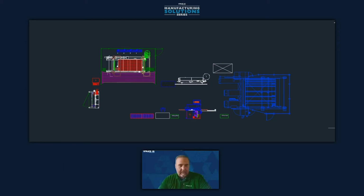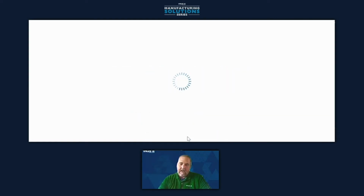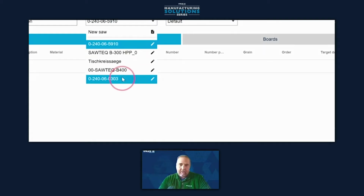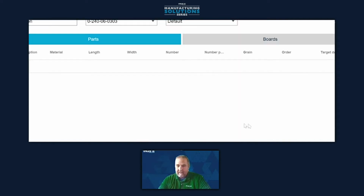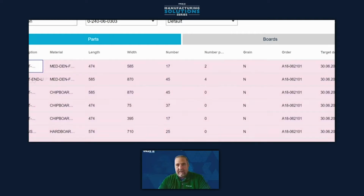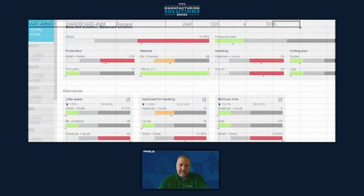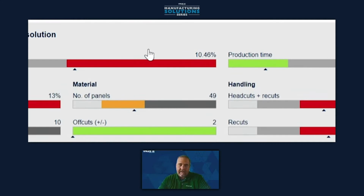So with a system like this, we definitely need to drive it on a digital side of things. We have what's called IntelliDivide and IntelliNest. So with these two systems, what happens is you create a spreadsheet, you upload a spreadsheet, and we generate the patterns that are to be cut with certain information to be passed onto the labels. And as well, typically you're developing a part in a CAD system of some sort, and you take that CAD of that part, we can upload that up,